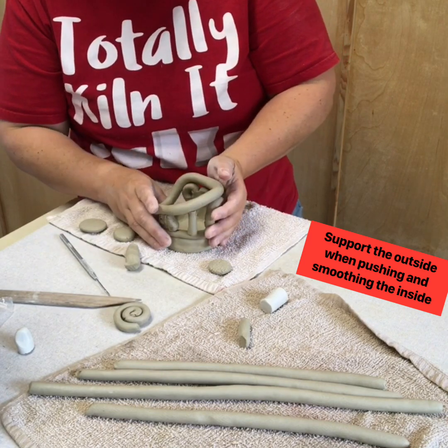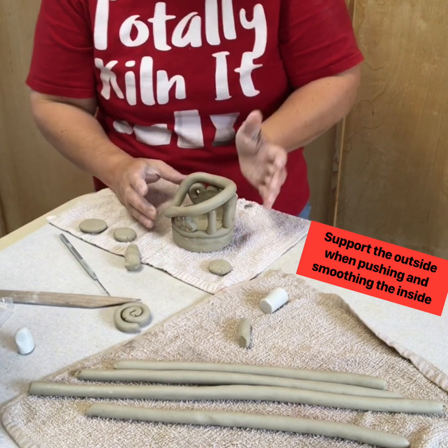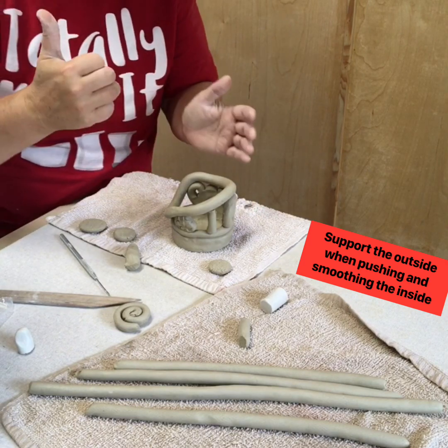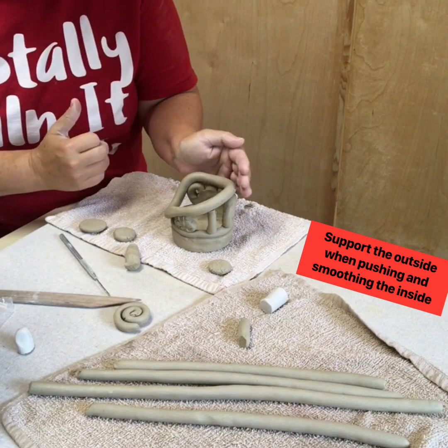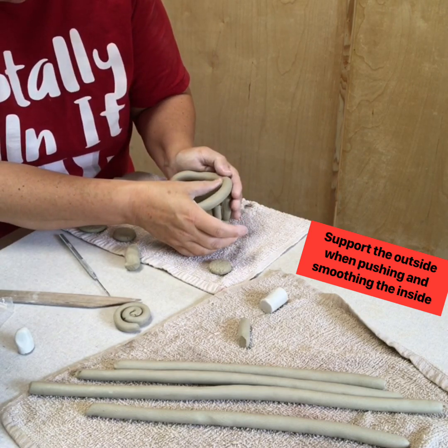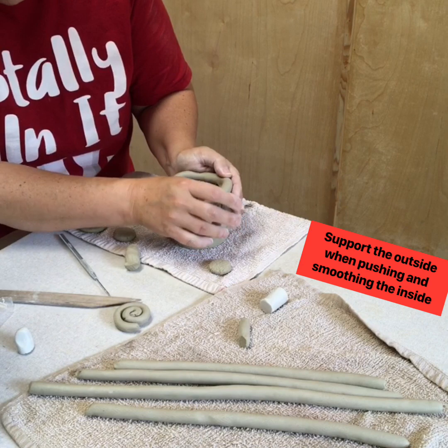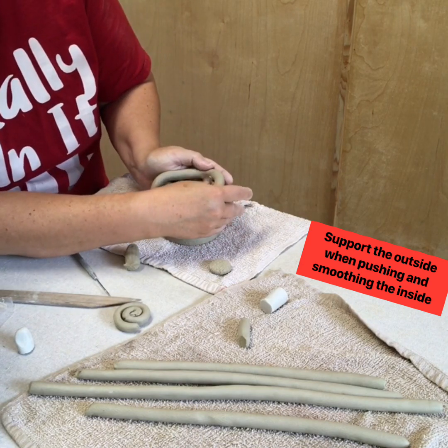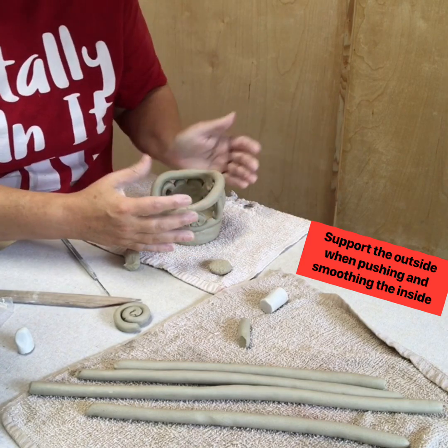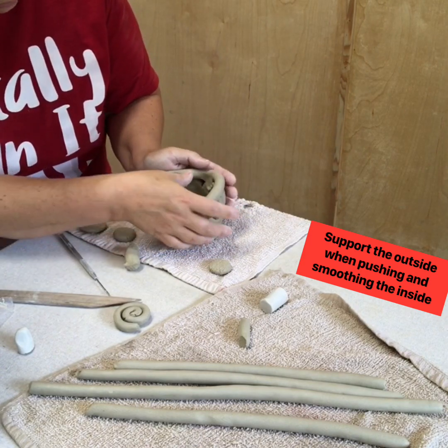And that is when I connect, sometimes I will put my hand at the back of the piece, so I'm not just pushing it, I'm also supporting it from the back, because I need to do some joining below, above, bring this up, and as you're pushing outward, you can topple your piece. So you need to be supporting from the back,